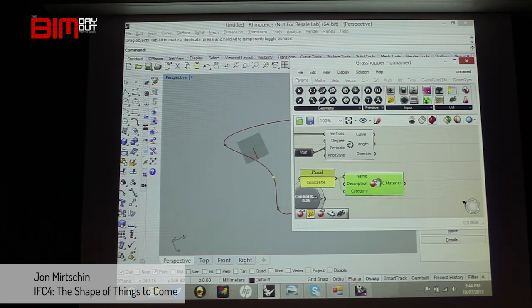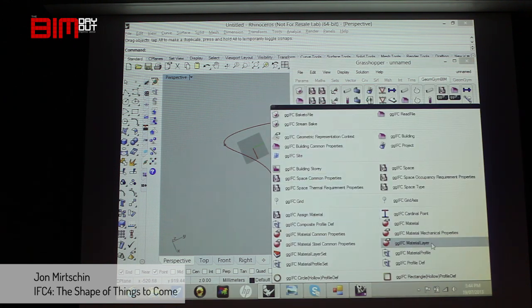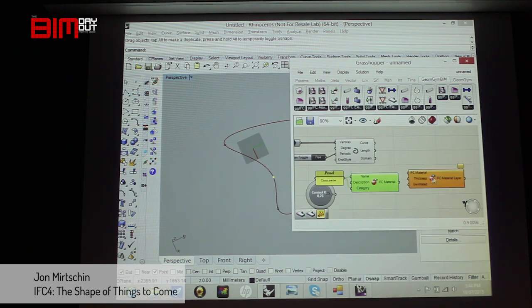It should be very similar to what you would do in Revit, and the way that it can communicate and generate the objects in Revit should reflect that. Okay, so I'm going to define a material, and I'm going to define a material layer, which takes an IFC material, and I can give it a thickness. So if this is a 200 thick slab,